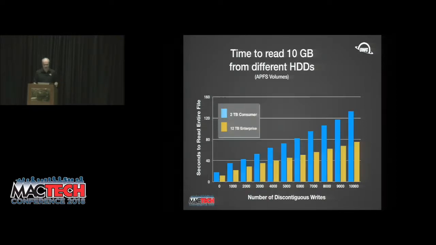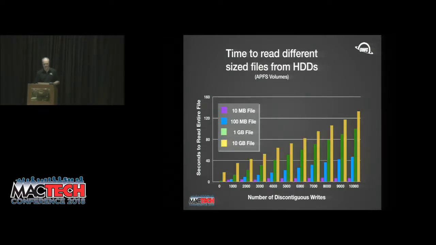So the next thing I did was look at different types of hard disks. I looked at enterprise versus consumer. I thought, well, maybe it's just consumer drives. So I looked at enterprise drives. Sure enough, they're faster, but they still have the same effect. Then I thought, okay, maybe it's just 10 gig files. Maybe what they said is right, maybe a 100 meg file is going to be fine, a 1 gig file is going to be fine. So I did different file sizes, and lo and behold, it's still the same, even with